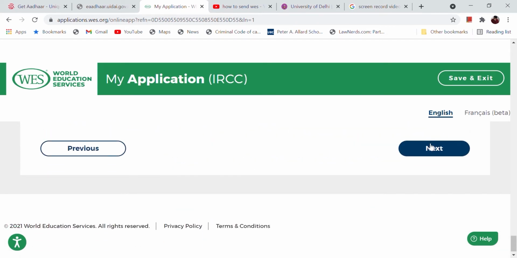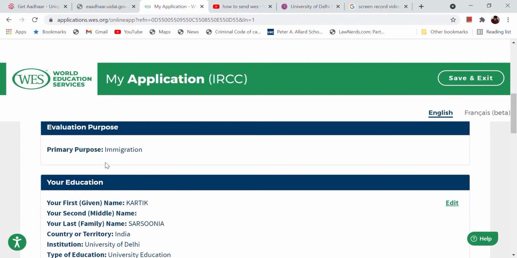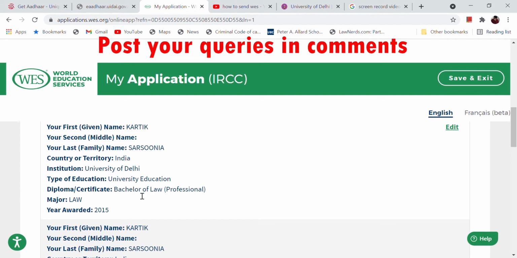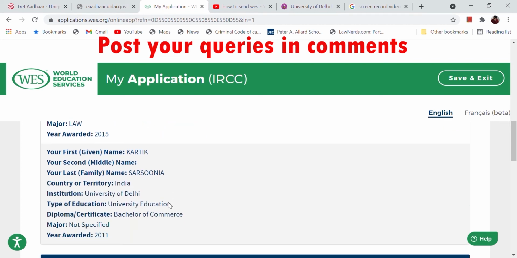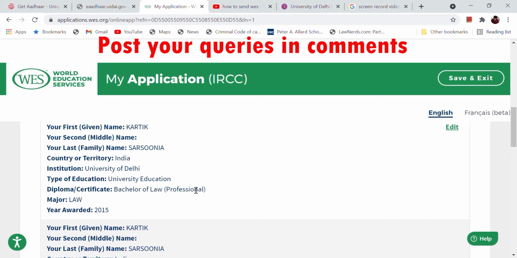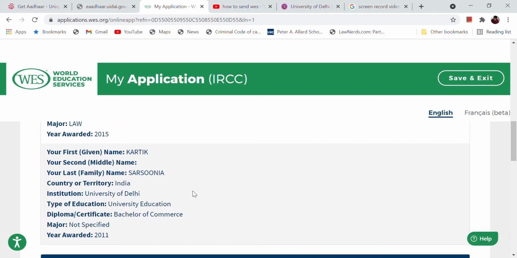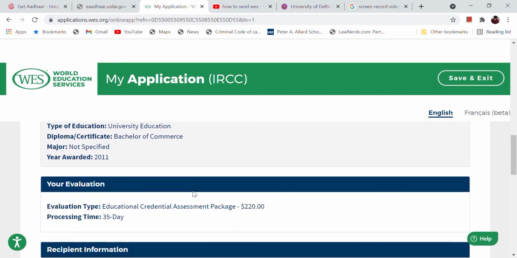So now I'm moving forward, and you will be redirected to this page of review. You check all your credentials, details and everything, and then proceed towards the payment page. I would advise you to use your credit card to make the payment and keep the acknowledgement saved with you. Also, one more thing, I would advise you to use the standard delivery method and don't ask for physical copy at your address. Everywhere the documents would be submitted electronically through emails or through uploading, so don't pay additionally for your hard copy.